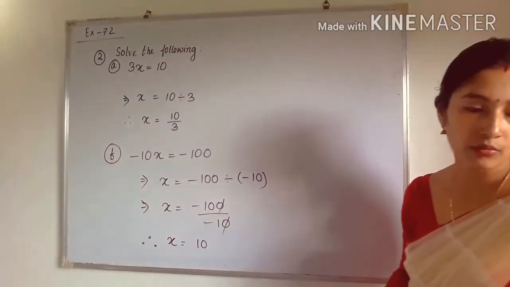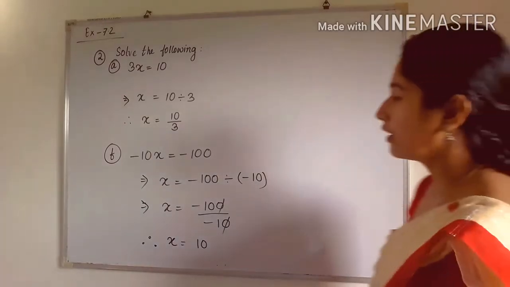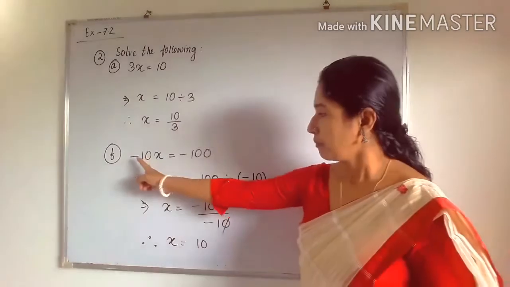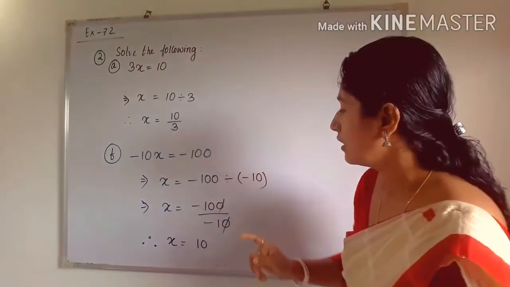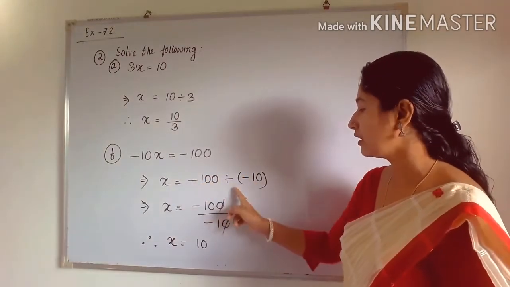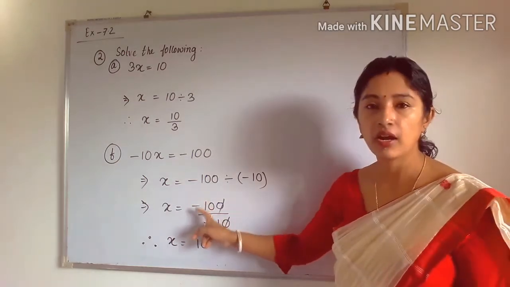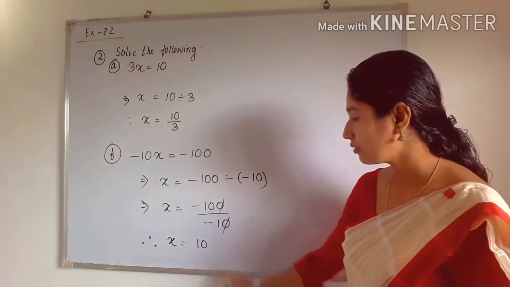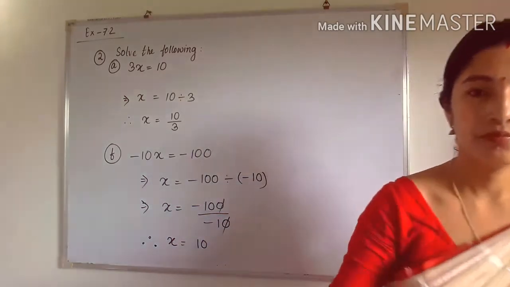Okay, so next come to question number F. In F, you can see here the equation is minus 10x is equal to minus 100. So here also we have to find the value of x. X is unknown. So minus 10 is multiplied with x. So when we transpose minus 10 to that side, then it will get divided. Okay, so minus 100 divided by minus 10 will be 10, the 0 will get cancelled, and you know that if we divide a negative value with a negative value, it gets positive. The negative sign will get cancelled out, and the final answer will be 10. Okay, so the solution is 10.